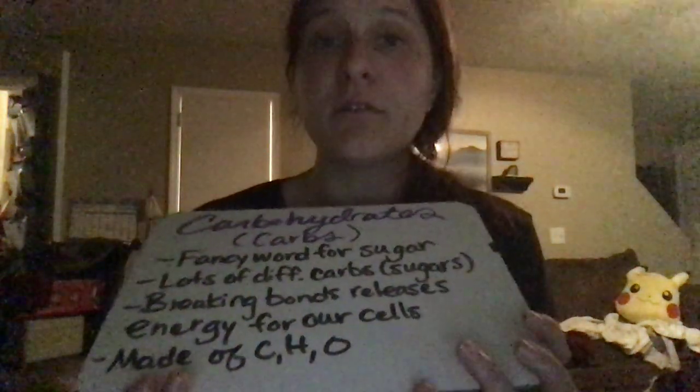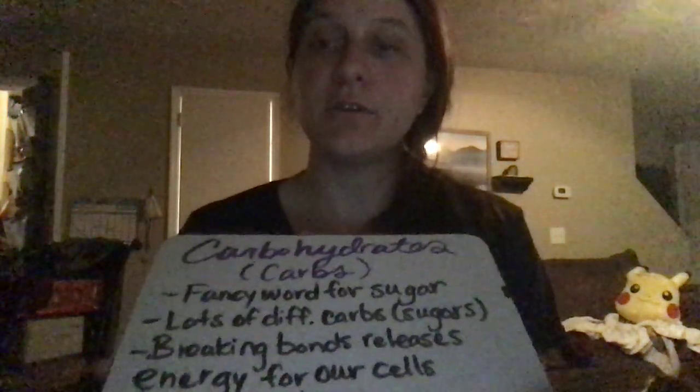And when atoms bond together, all matter is made out of atoms, right? And all atoms join together. And when atoms join together, they form molecules. And macromolecules, the word macro means big. Micro means small. Macro means big. So macromolecule means a big molecule. And carbohydrates, lipids, amino acids, and nucleic acids are all these molecules that are forming together to form big molecules. So that's why they're called macromolecules.